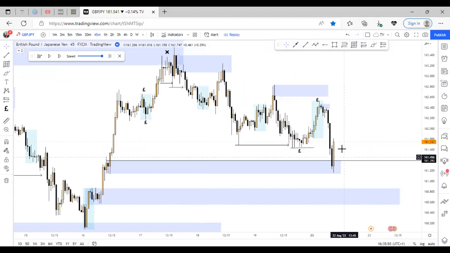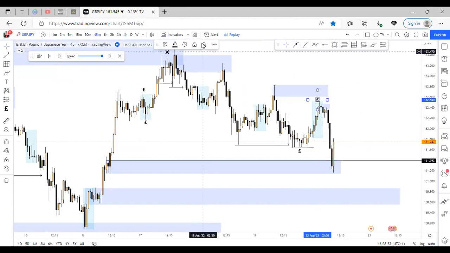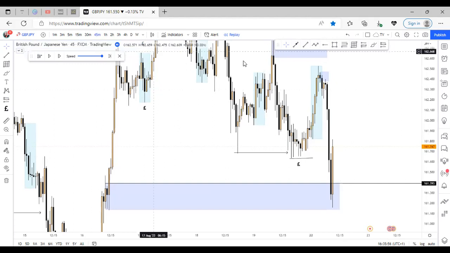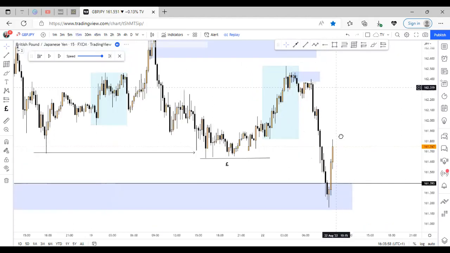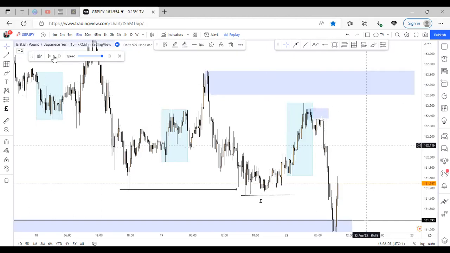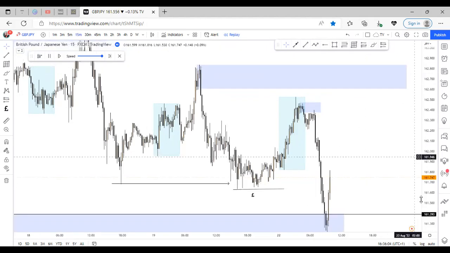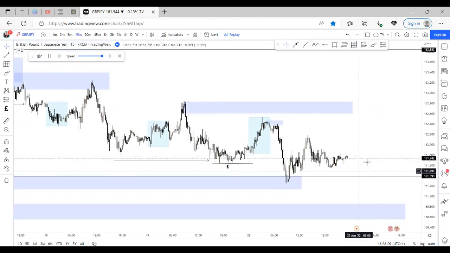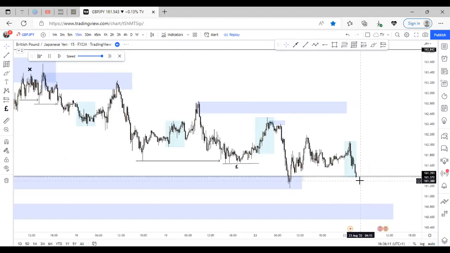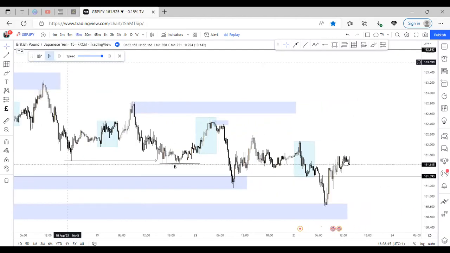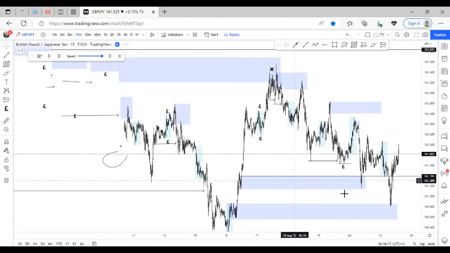News came. Yesterday there was news and this zone was actually, let's move down to the 15 minutes time frame, I think this zone was eventually tapped with the news release. So this continued. As you all know, you cannot trade every time because markets might not create a good opportunity, so eventually